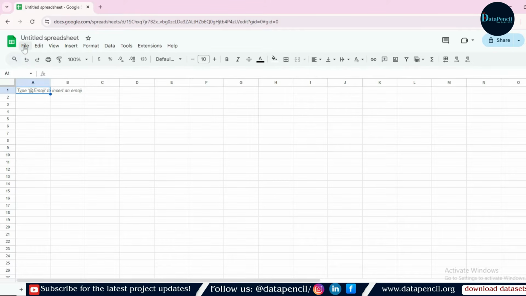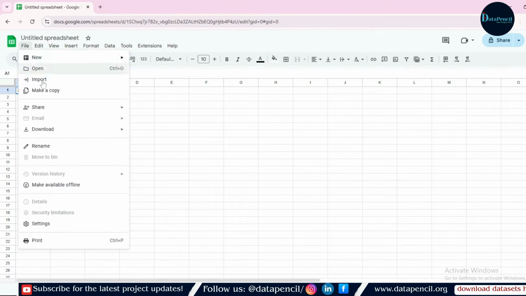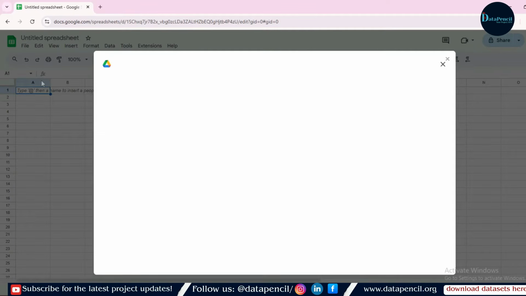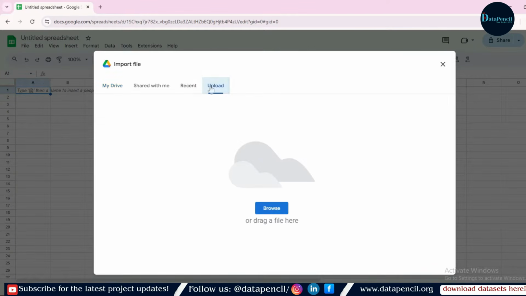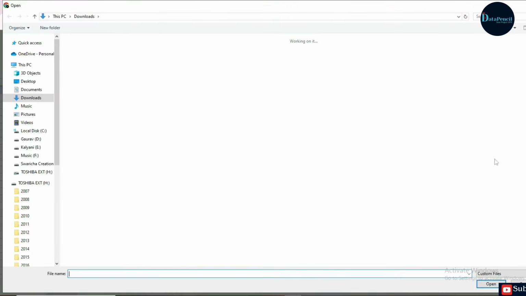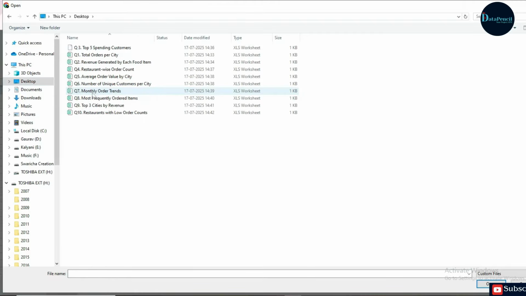Once you click on this file icon, here you can see the import option. You have to click over this import option, and then you simply have to come to this upload part. Okay. This window will appear, and here you can see the upload part. Now you have to use this browse button. You have to click on this browse button, and after clicking it, you have to choose the path where you have stored all your 10 tables.